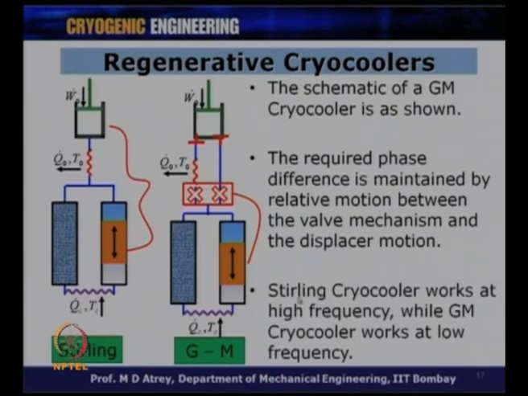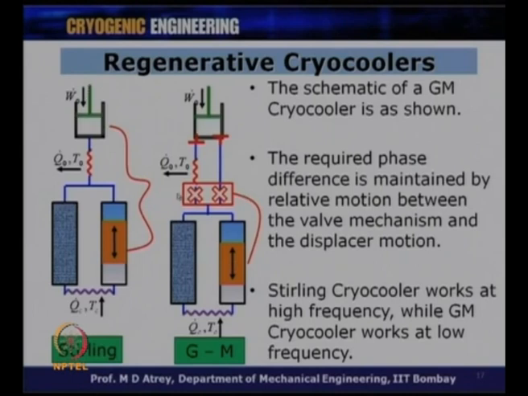The Stirling cryocooler works at high frequency, because you can see here the frequency of the piston will be the same as that of the mains, maybe 50 hertz, maybe 120 hertz, whatever, and the displacer has to move with the same frequency as the piston. Therefore, this is called a high frequency machine. The Stirling cooler therefore works at high frequency, while the Gifford-McMahon cooler does not,